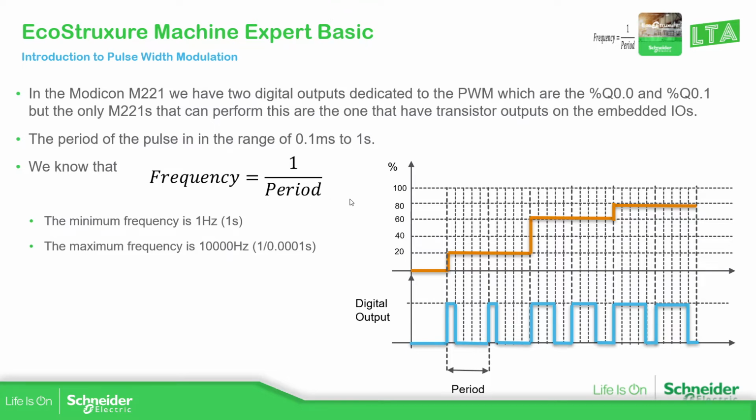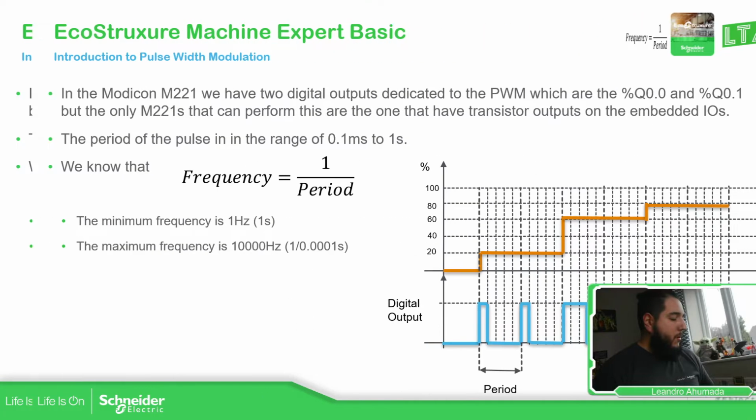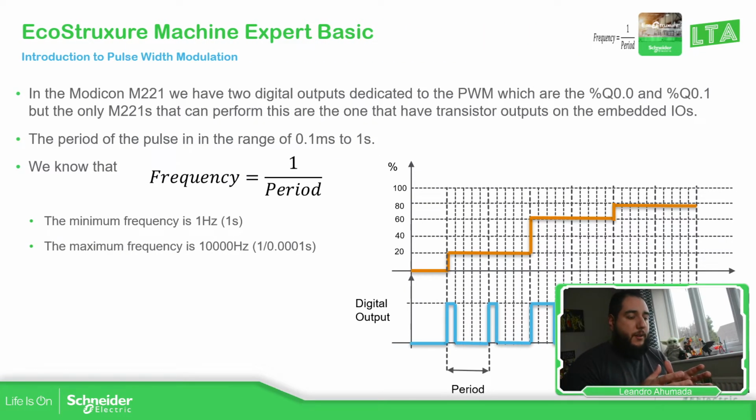So we need to check in our PLC the range for this frequency. In order to use these digital outputs, there are special outputs in our PLC. We cannot use this on a relay output, otherwise it's going to be damaged. So in the PLC, in the M221,